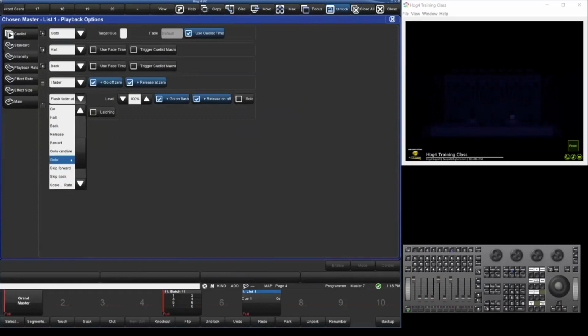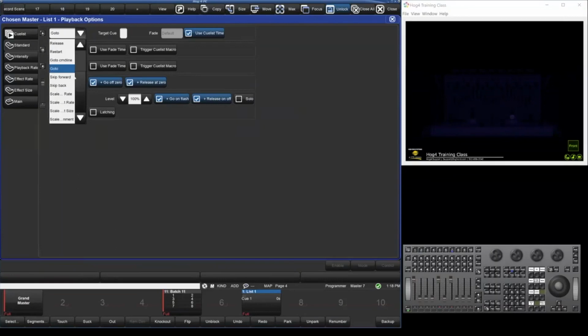Yeah. So you can do it on the flash button, on the go button, on the go to buttons, on the back buttons as well. You can assign go tos here. So you hit go to, and then you have your target queue. So you say what queue do you want it to go to in this specific queue list. Or actually, I think it's whatever the chosen queue list is. So I could say 5, I believe, here. And then if I hit